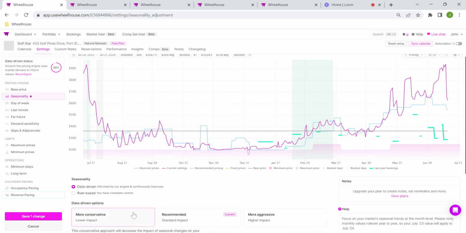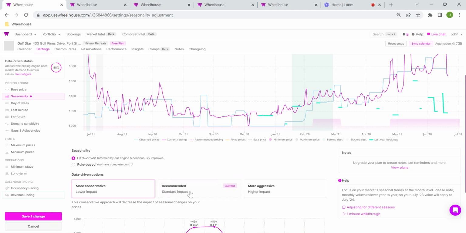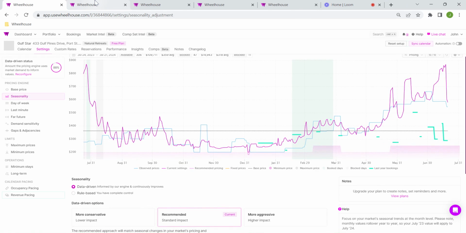The more conservative is going to have the opposite impact. It's actually going to flatten out your pricing. It's going to bring the high season down a little bit and the low season up. I'll leave this on more recommended for now, and we're going to go ahead and go to another example over